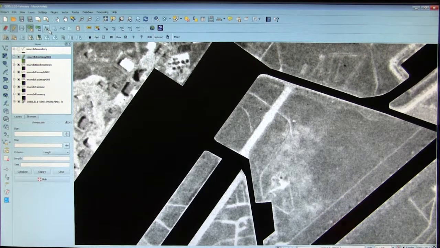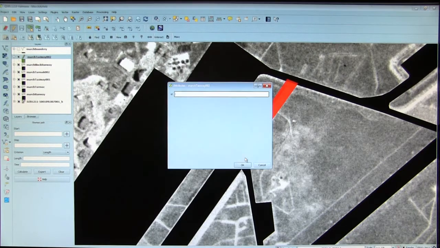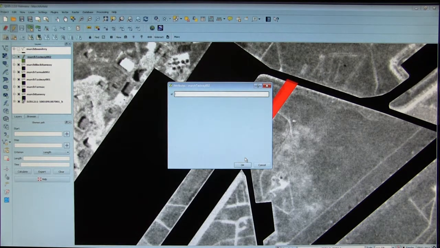And then I will go in here and you can see my mouse icon has turned into sort of like a target, and I could go in here and go plunk, plunk, plunk, plunk, and then I'll hit my right mouse button,